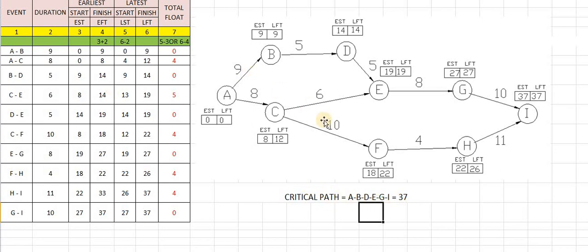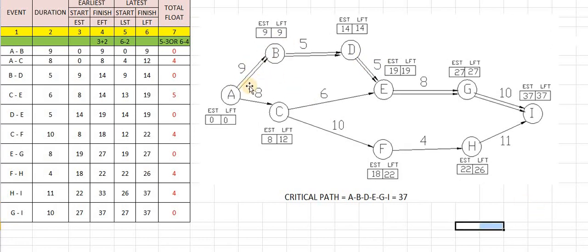Again, most important is to identify this critical path with the double line. So I am taking the next figure, where we show it with the help of the double line. A to B is a double line, B to D again a double line, then D to E is represented by a double line, E to G again, and G to I again. So this double line itself indicates the critical path. We can draw the double line or highlight the arrow, and we have written the value as 37.